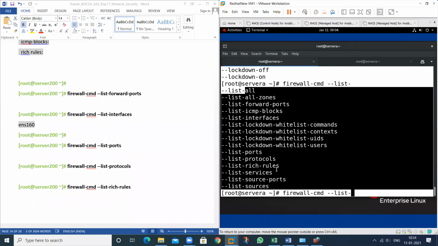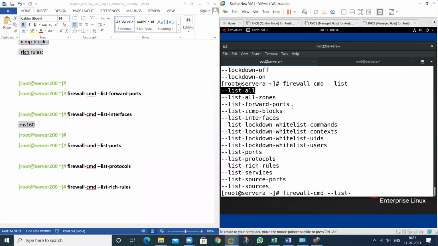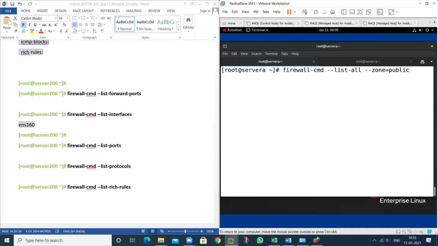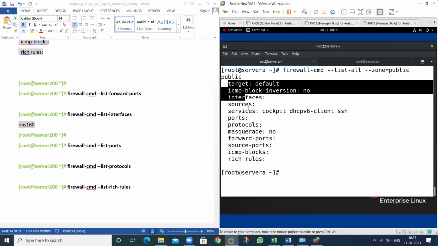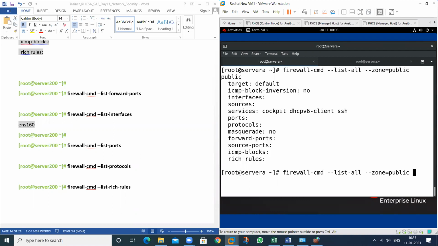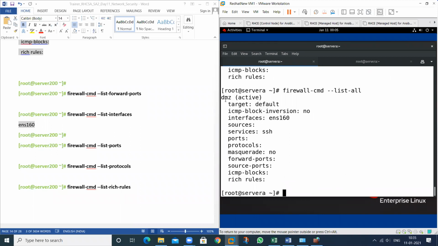Okay, no issue. So you can check this command and hyphen zone. If you want to check the information related to any zone, just type that particular zone. So I want to check the information related to the public zone. Now see, this is the information related to the public zone. If I do not type this command, then this will show me the active zone.